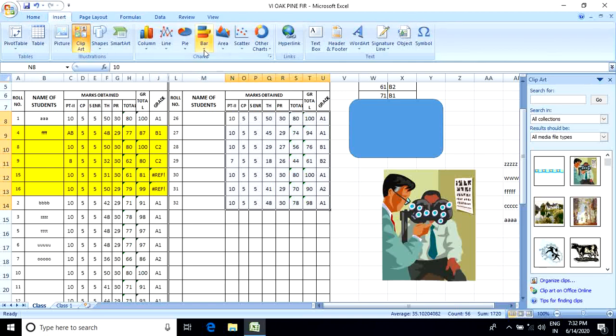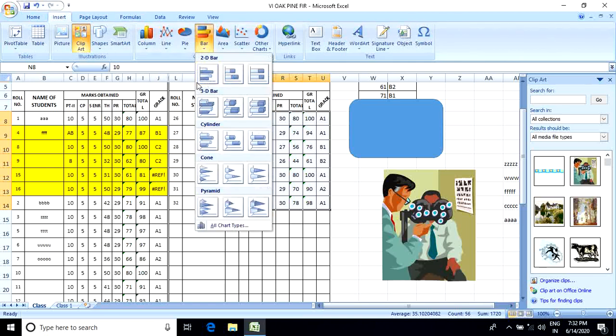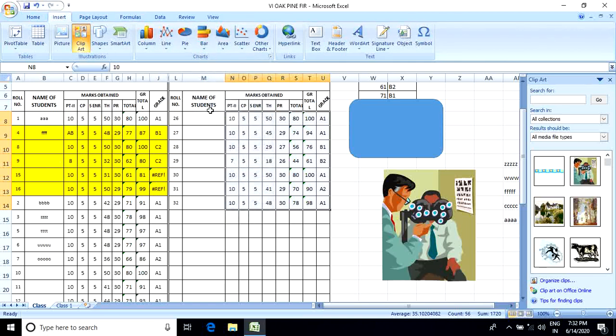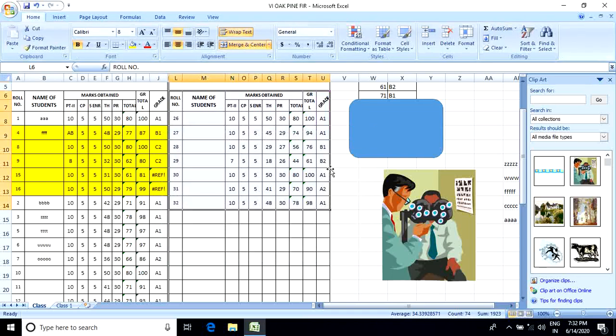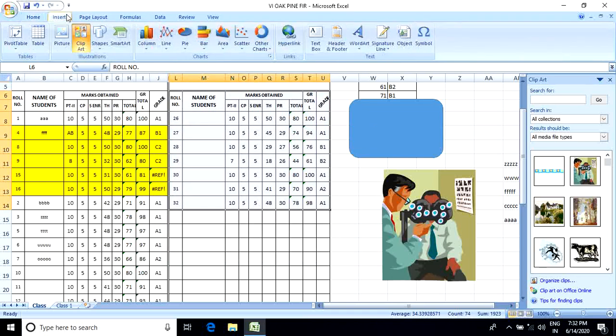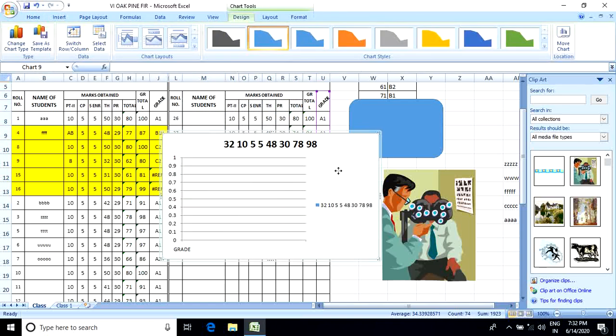Next one is bar chart. Choose any one from here. And the next is area chart, and the last one is scatter chart.